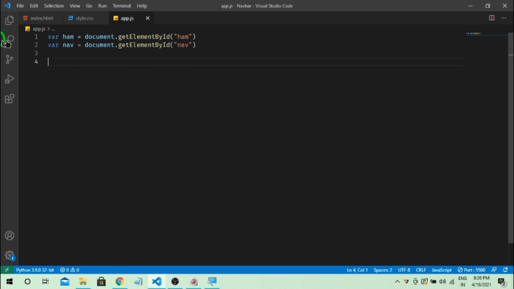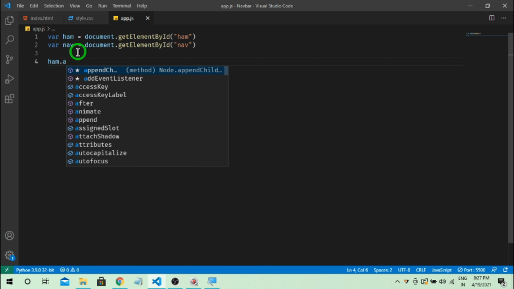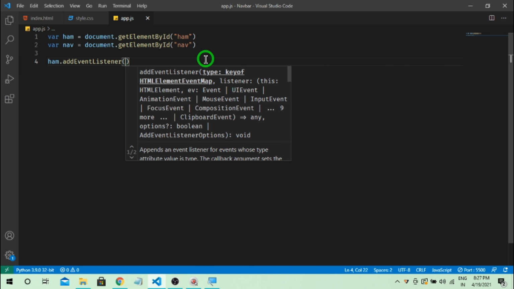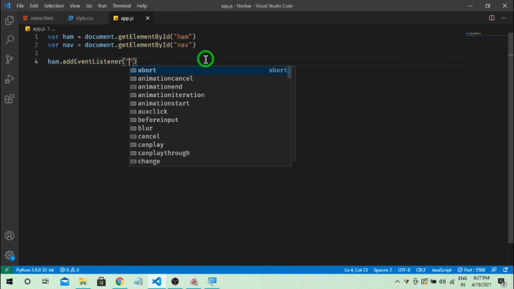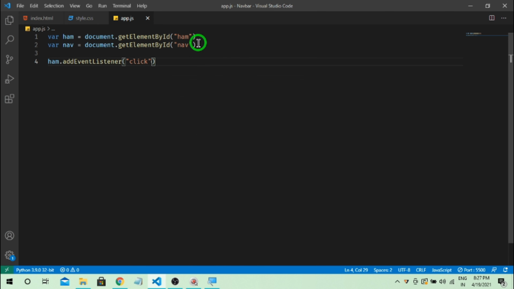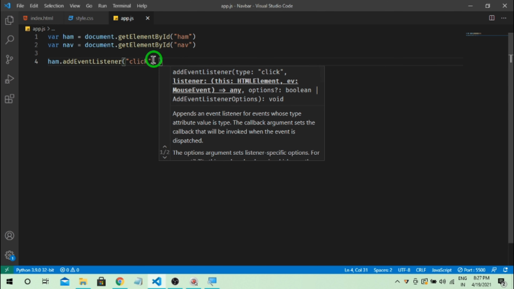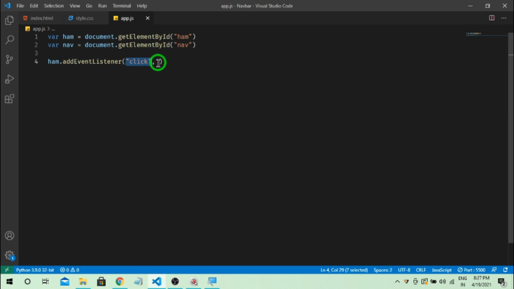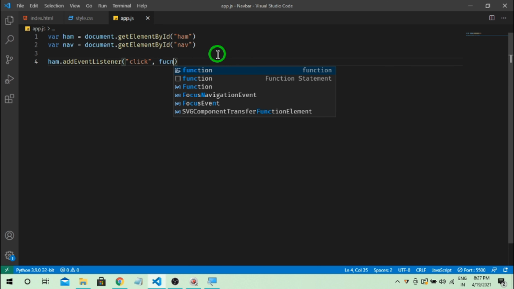And now let's add an event listener to this ham. An event listener, just like its name, listens to events that are happening onto this ham. I'll show you an example in just a minute. So let's add an event listener, and we want it to go off whenever it has been clicked. So we will add click here. Keep in mind that this is not onclick, only click. And in the next parameter we want to add what happens when it has been clicked. So we are just going to add a function here,